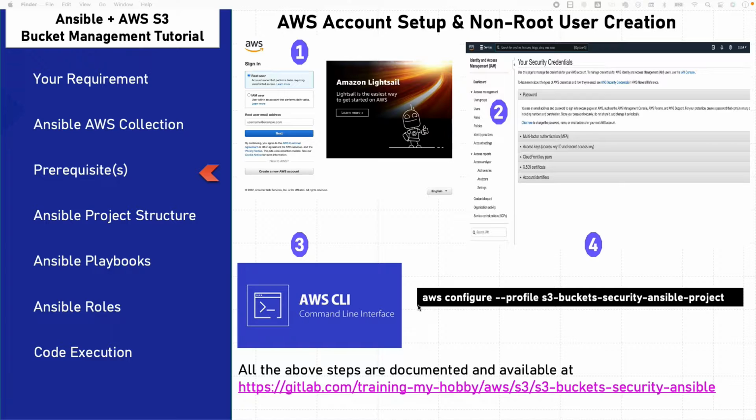And I also assume you configured a profile in your local environment, which is an AWS profile. For the context of this tutorial, I created a profile with this name, S3 Buckets Security Ansible Project. And this profile is what I'll be using in my code base here. You can create your own profile. How to create that profile and how to install this, all those steps